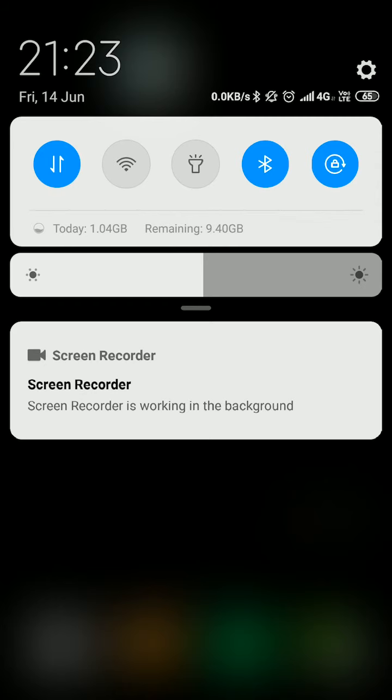Then you can set up the data package provided by your telecommunication service provider. If your data goes over the volume, you can set the mobile phone to just stop the data transfer, and it will protect your money. It's very useful. Okay, I will click the gear button on the right side of the top